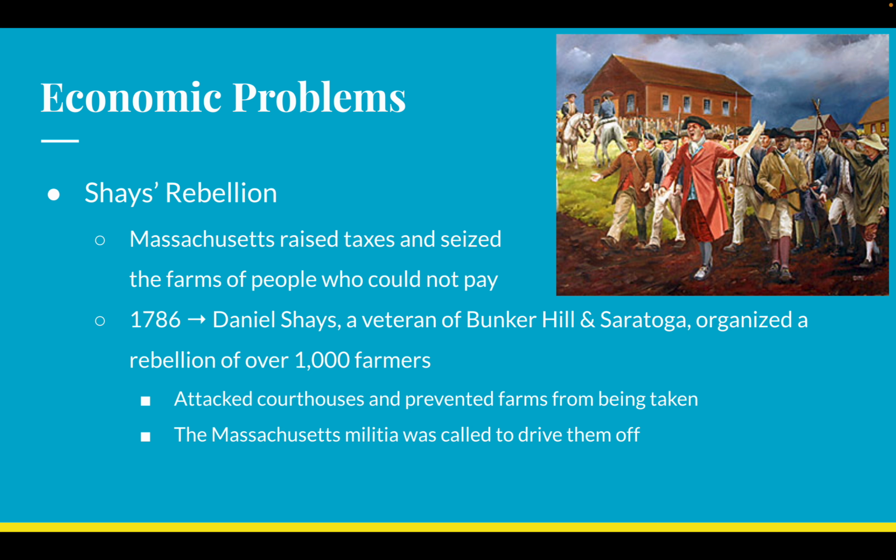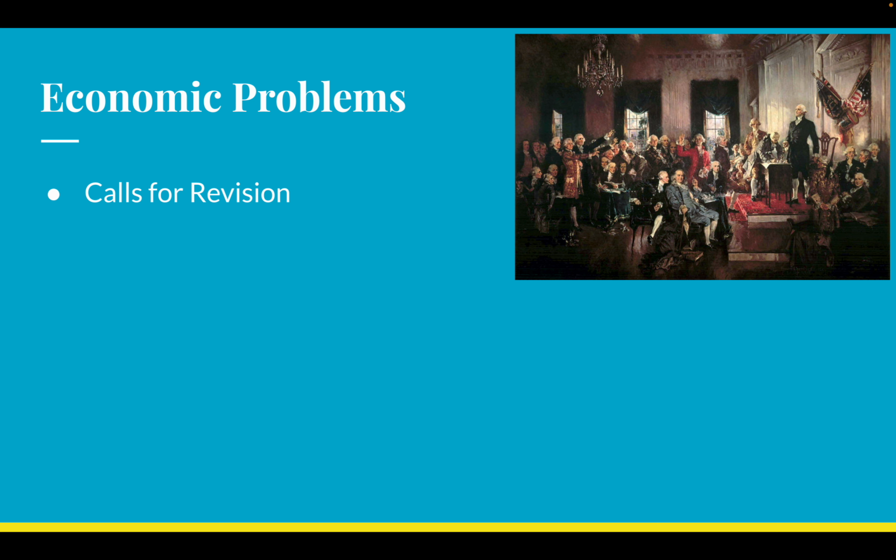And once they engage in this tiny rebellion, the Massachusetts militia is going to be called up. Those Minutemen, the men who fought in the Revolutionary War, their job is to drive off Shays' rebellion. And they're marginally successful, like they are kind of able to drive off the rebellion, but it's very, very difficult. It takes a very long time. It's very costly, and people are not satisfied with how long it took and the fact that this happened in the first place. And because people are unsatisfied, they see Shays' rebellion and they go, that's a bad situation. We can't let this happen.